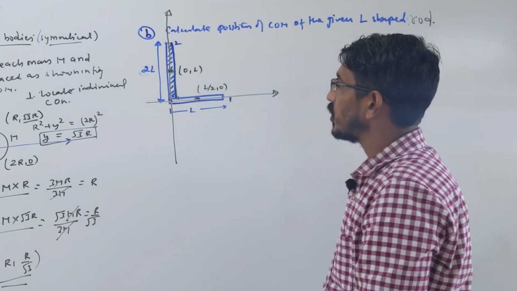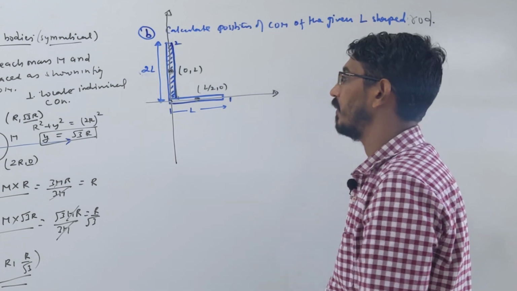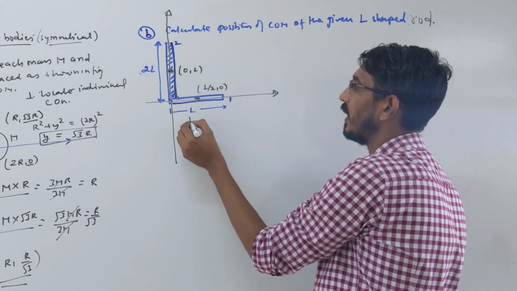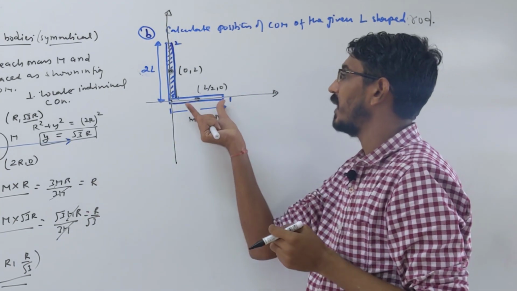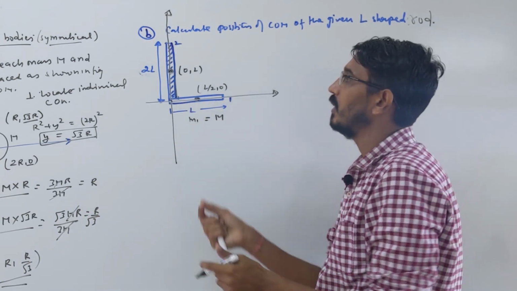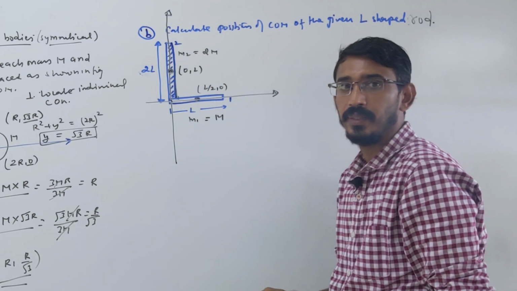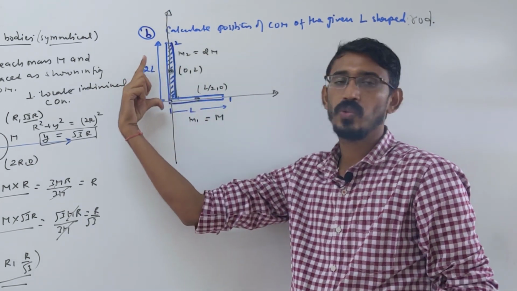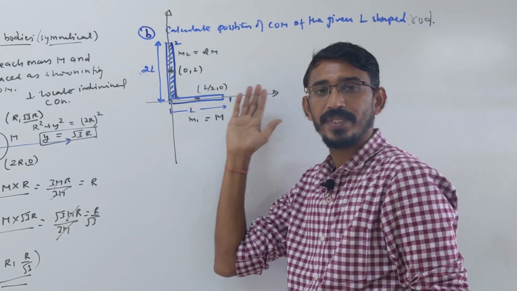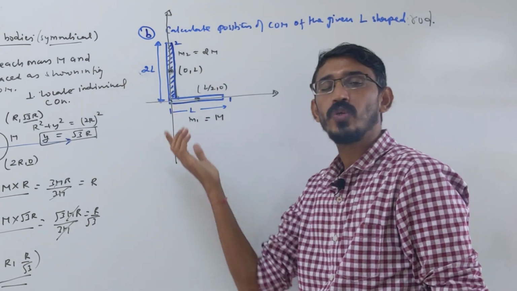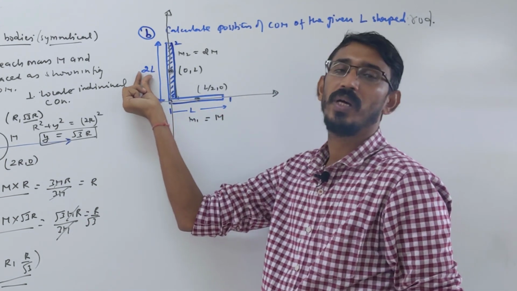Okay, now the second job is to find the masses of these two rods, right? Because mass is not given. So suppose this rod you call M1 and let's call its mass M. This is a rod of length L and we are calling its mass M. Then this rod, let's call it M2, its mass will be 2M. Why? This has length L, that one has length 2L. Symmetrical rod, right? Density, everything will be the same. So mass is simply proportional to length. Here length L I am calling mass M, their length is double, so mass also becomes double.